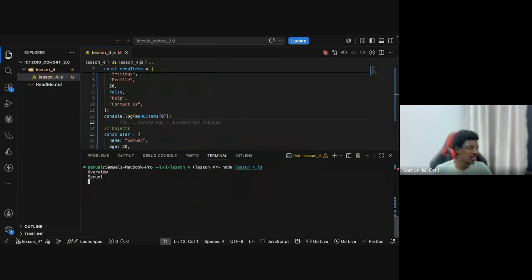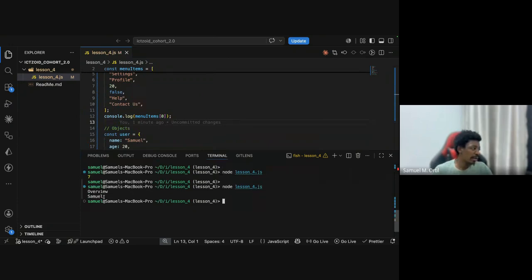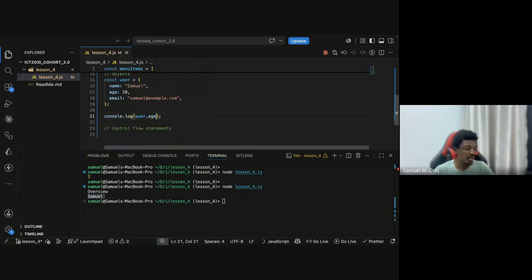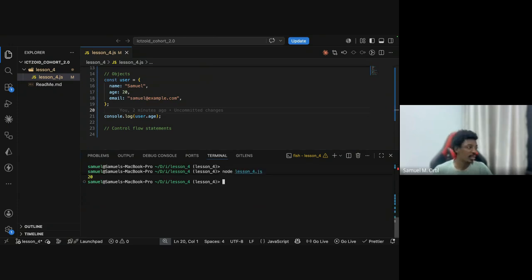So let's run this. You can see the name is outputted here because I console log user.name. If I want to see the age of this user, I'll say user.age, right? Let me run this. You can see the age is 20, right? So if I want to perform any particular action on this user, I can say something like